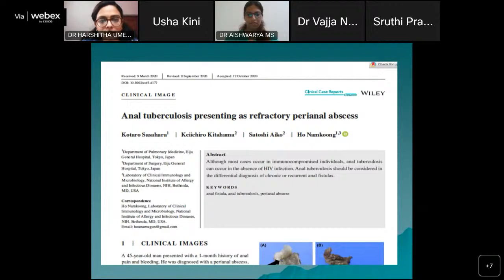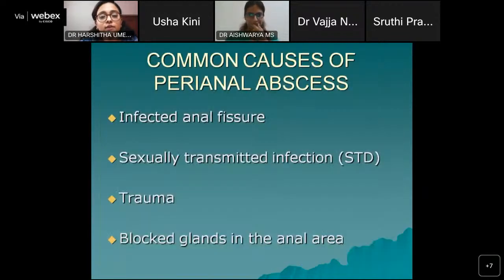And in tuberculosis endemic regions like India, it is recommended to rule out tuberculosis as the first diagnosis when there is a non-healing recurrent lesion in the anal region. I would like to highlight common causes of perianal abscess, which include infected anal fissure, sexually transmitted